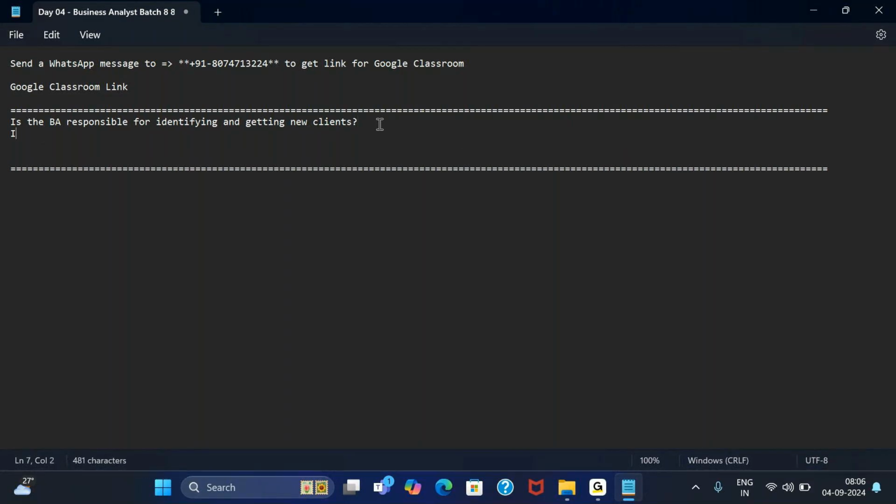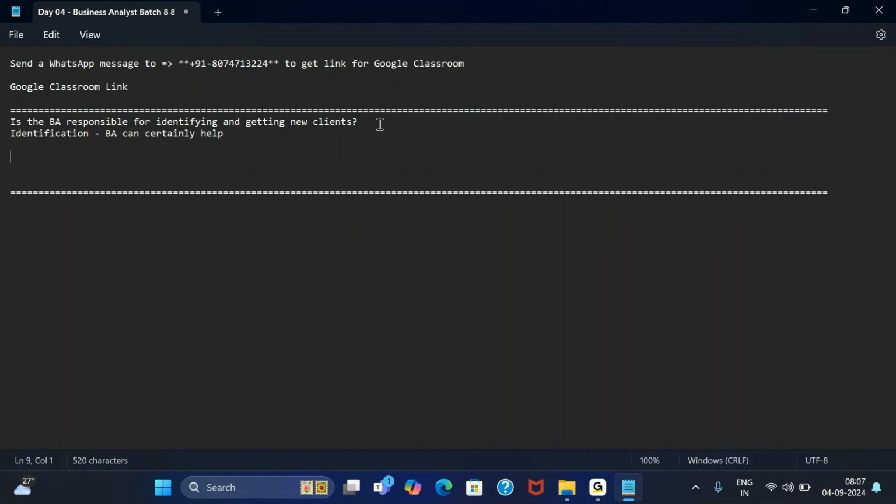Now, the first part, identification: yes, a BA can certainly help over here. If anyone is looking for any kind of IT work to be done, and I get to know, I can surely refer them to my IT company. But should I engage directly with the client? Absolutely not. So how this entire journey starts is usually there will be a client